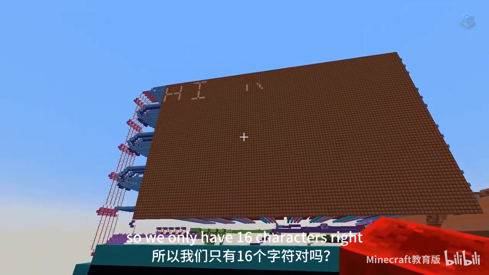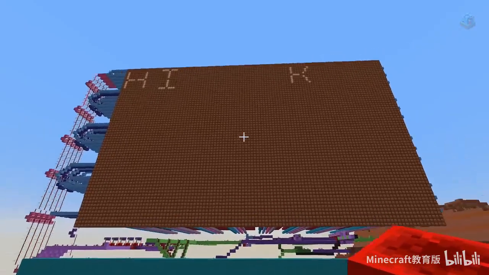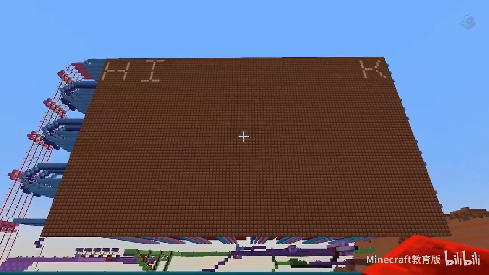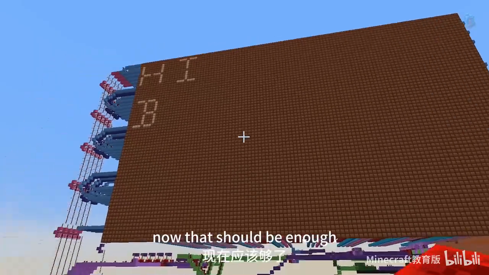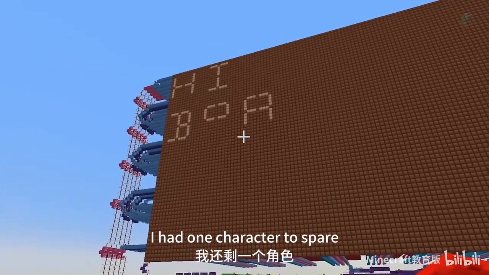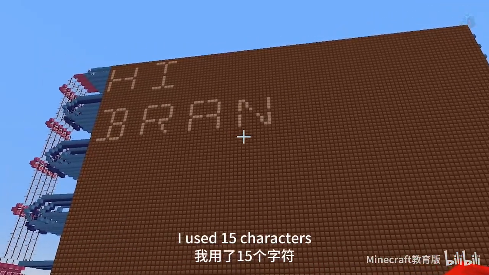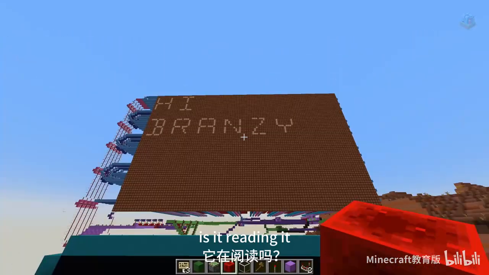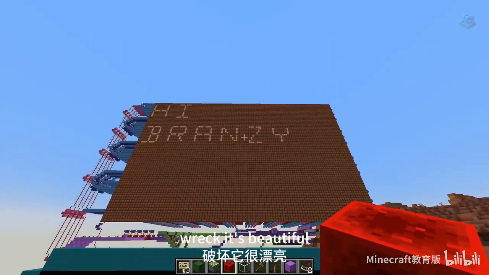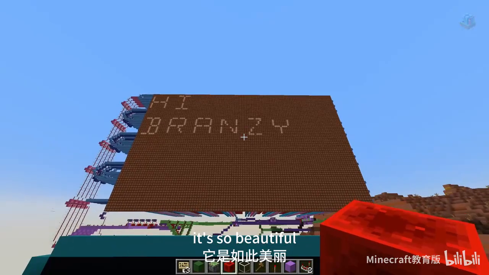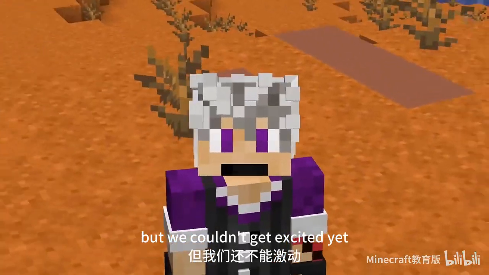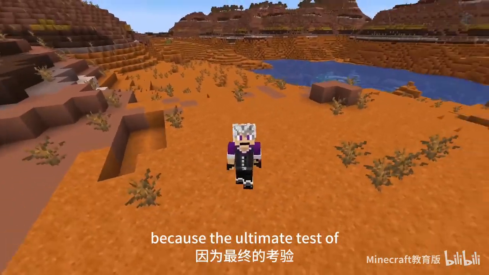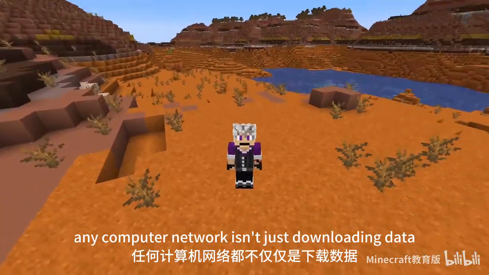So we only have 16 characters, right? No, that should be enough. I had 1 character to spare. I used 15 characters. Is it reading it? Wreck, it's beautiful. Oh my god. It's beautiful. It's so beautiful. But we couldn't get excited yet, because the ultimate test of any computer network isn't just